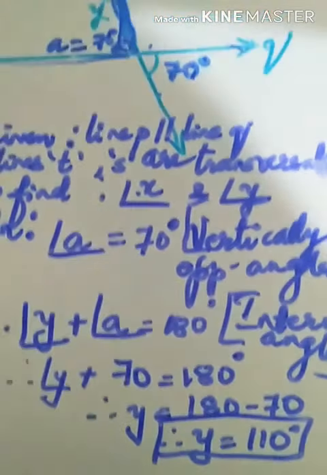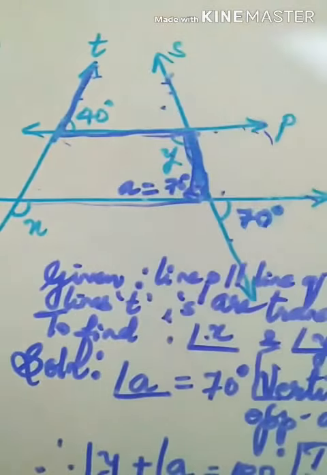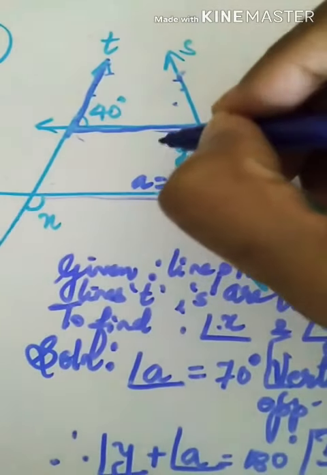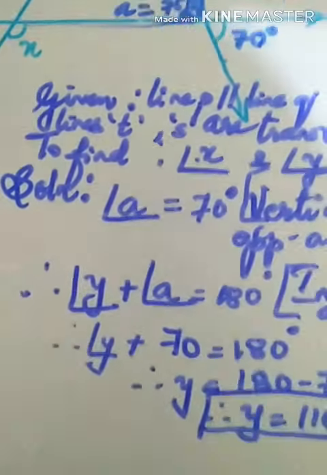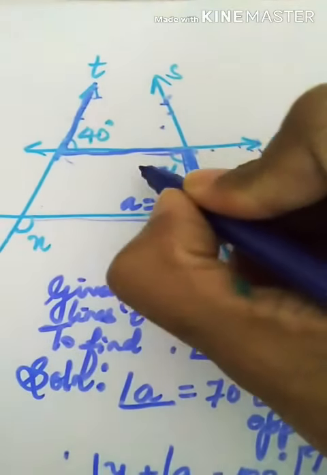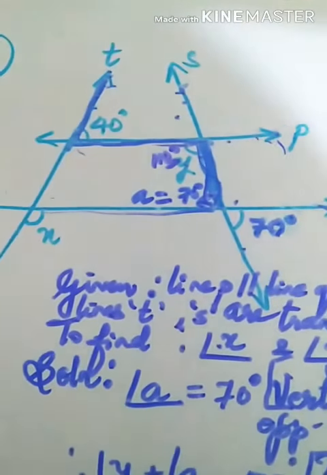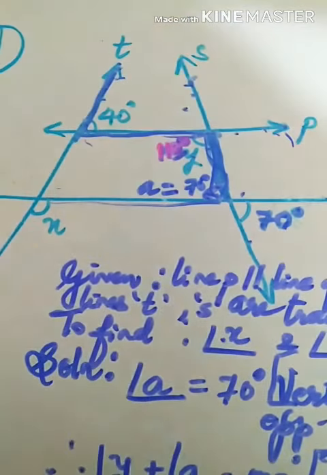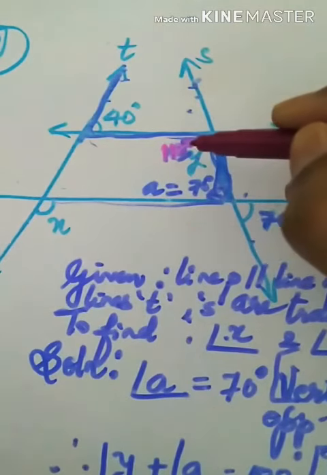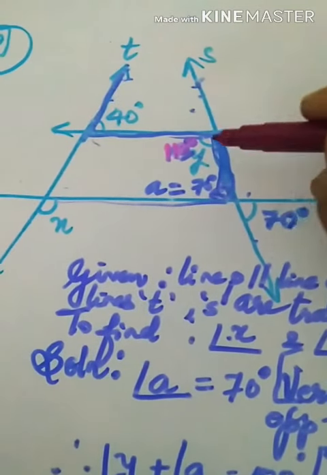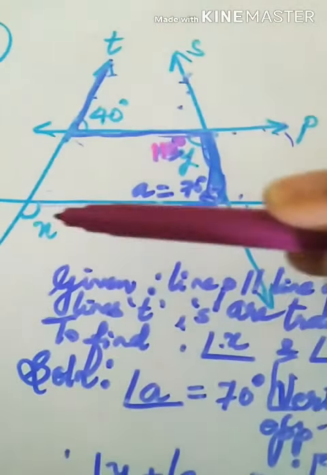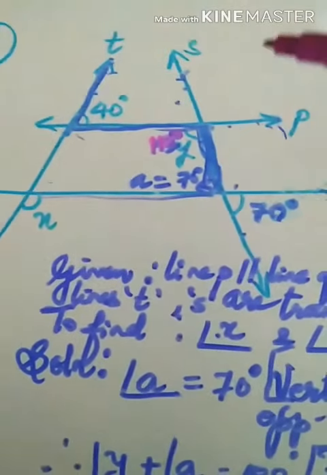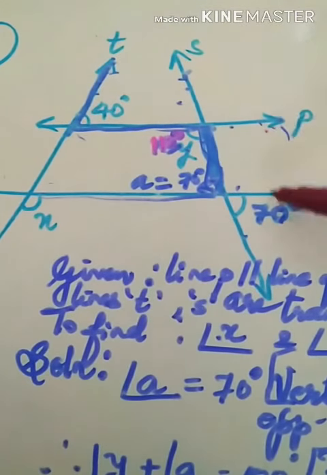Now similarly, let us move on to getting measure of angle X. X is lying here. So before I forget, let me write down the measure of this angle Y. How much did we get? 110. Let us mention that this is 110. Angle Y is 110. Now again I am thinking how to form a relation, how to get angle X. Just to think, always remember P and Q are parallel.